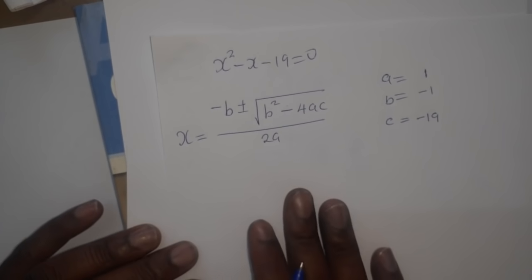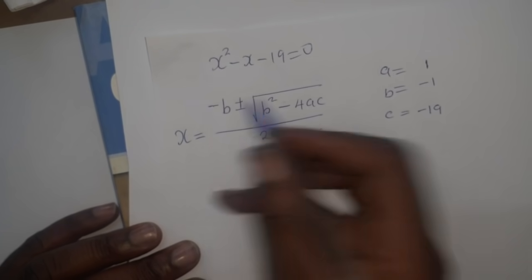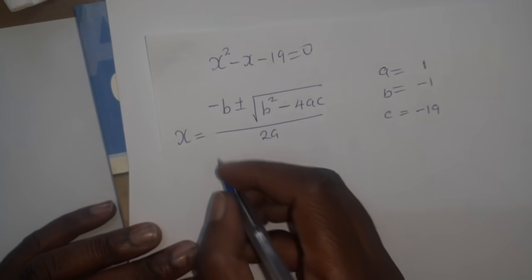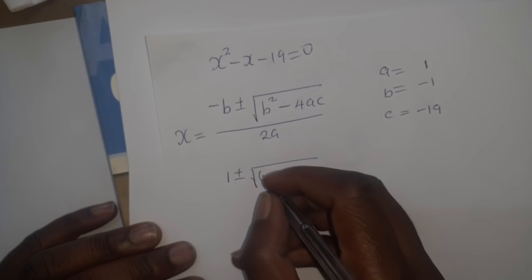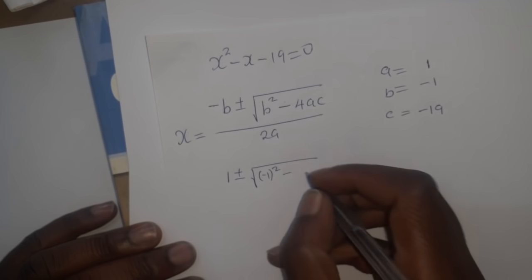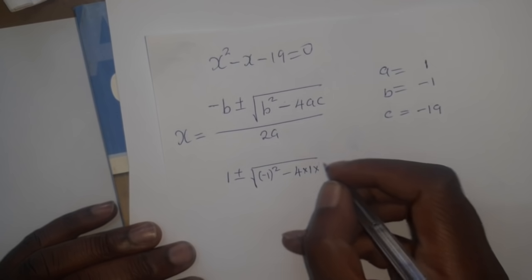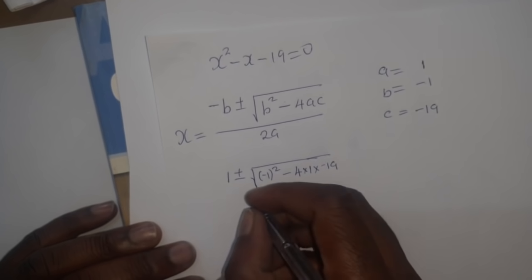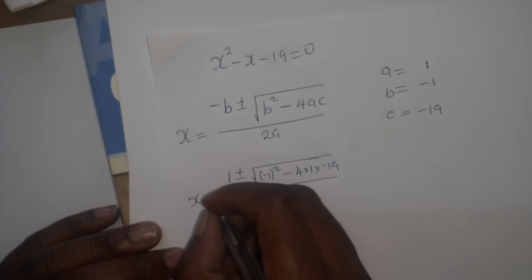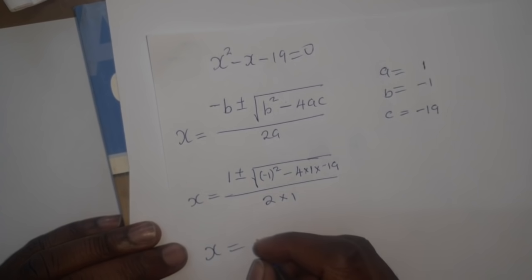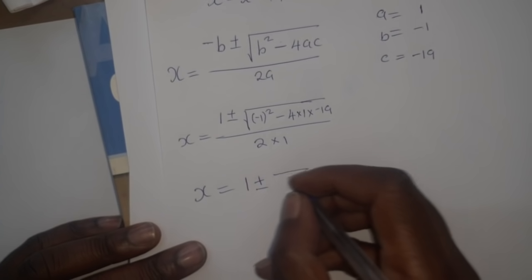Then we begin now to replace this in the formula. So what is our B? Our B is negative 1. So when you bring that this negative plus the negative that is here, we'll have a positive. So we're going to have 1 plus or minus the square root of, what is our B? Our B is negative 1 squared minus 4 multiplied by 1 multiplied by negative 19. Everything divided by 2 multiplied by A, which is 1. This is our x. So our x is equals to 1 plus or minus the square root of